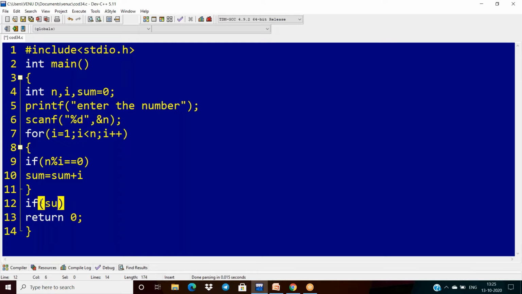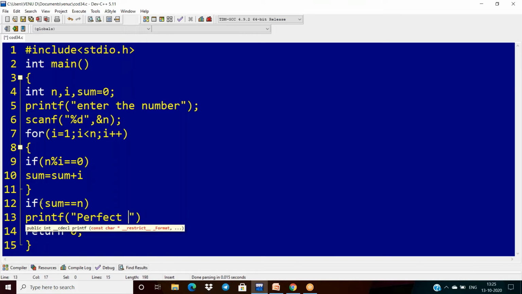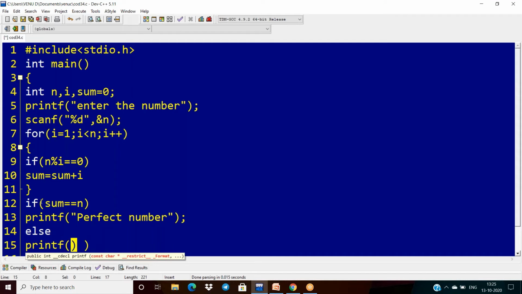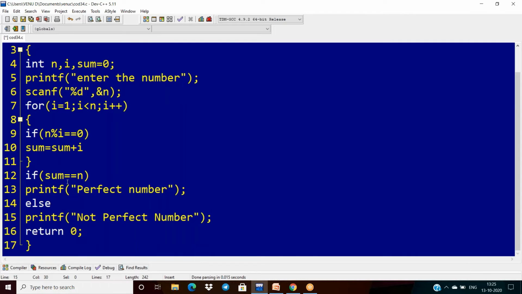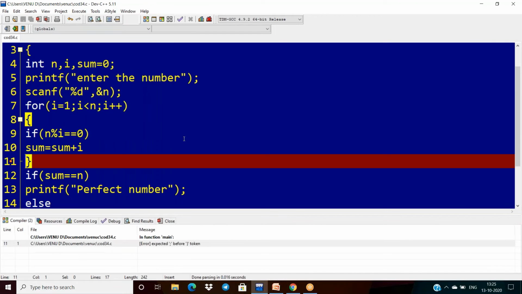And after getting the sum, if this sum is equal to n, then it is a perfect number, otherwise not a perfect number. Okay, so if sum is equal to n, it is perfect, otherwise not. Let us see the verification.